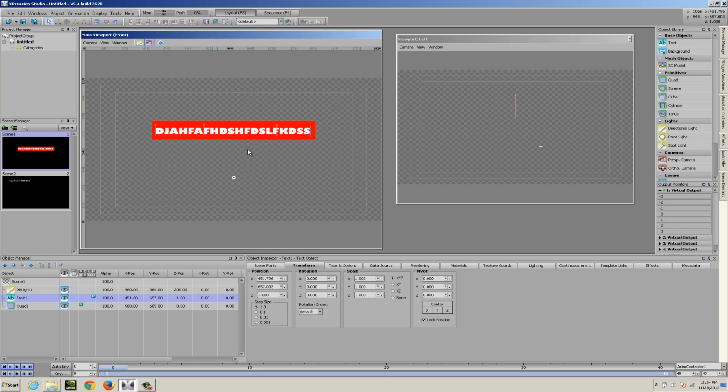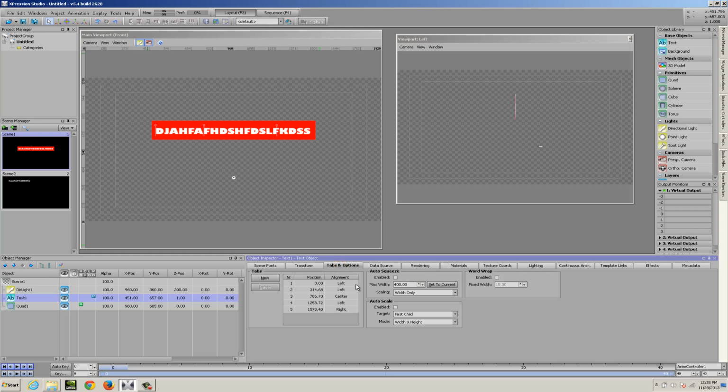So we can use the auto squeeze option, which you'll find in the Tabs and Options area in the Object Inspector, and we can turn on auto squeeze. Now auto squeeze has some nice features for automatically calculating the current width of your text object. So it's always a good idea to just type in as many characters as you think would ever fit in the specific area. So I can't really go any wider than that without overtyping my background.